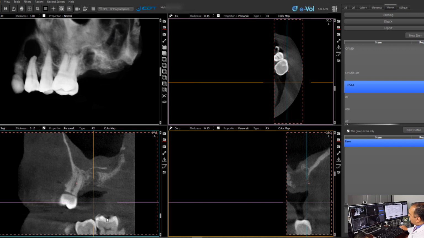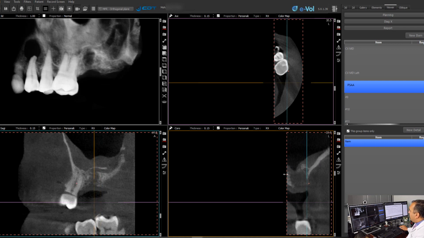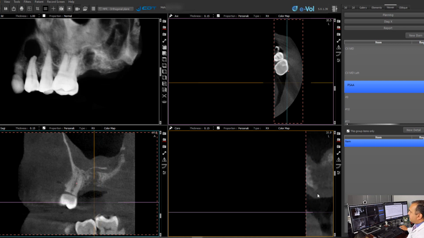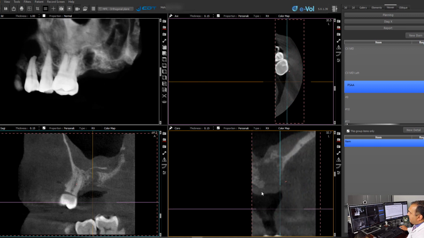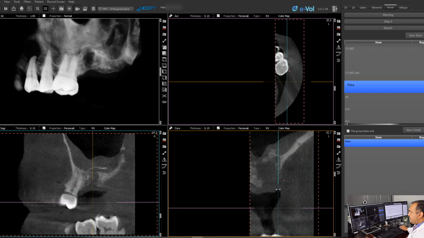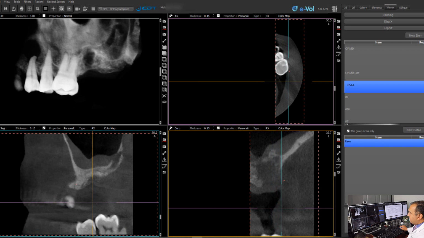and is directly in the area where the tooth was extracted. You can see here that the second molar was extracted, and in the area of the extraction socket,